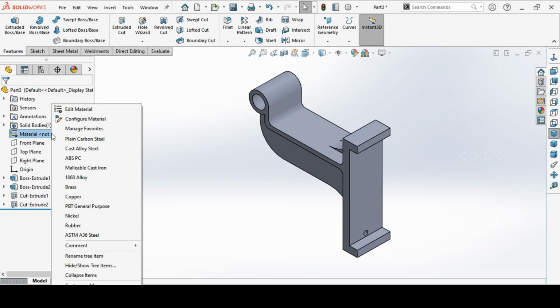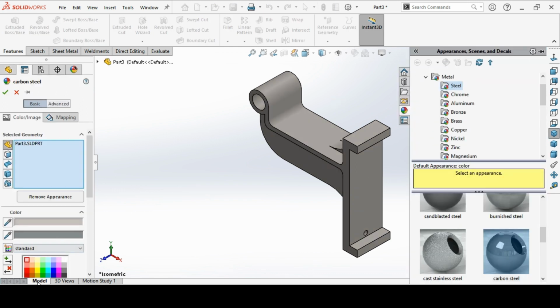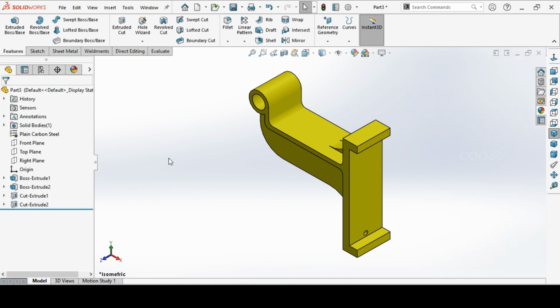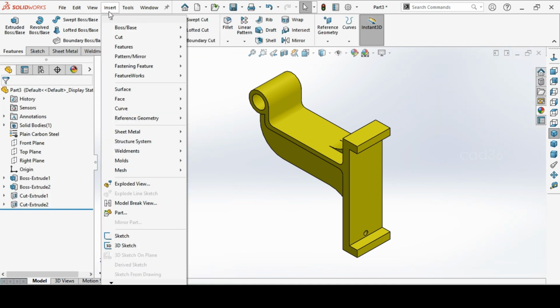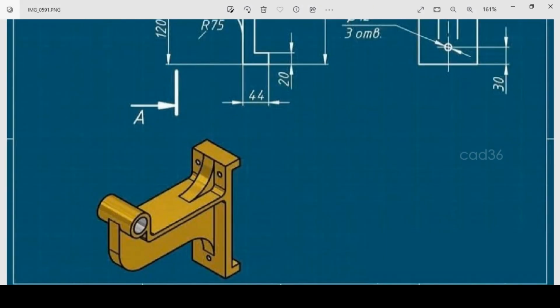And if you want to change that, add that material, just right click and add the material, and you can change the appearance also as you like. What color you want, you can add it. And see, it looks like some different angle,